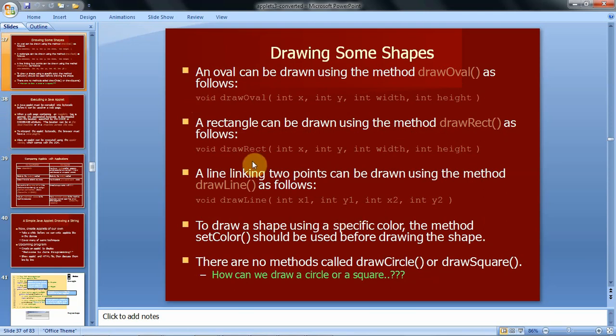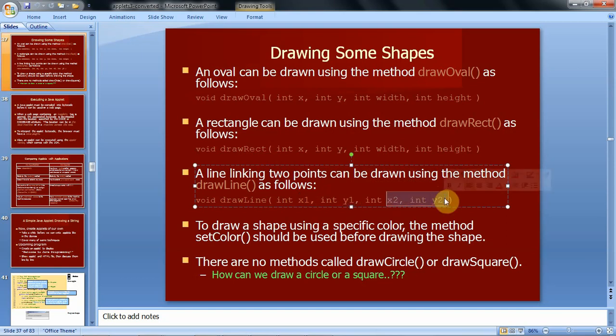We'll see how to draw a line, rectangle and oval. First we will see drawLine. This takes a total of 4 parameters. In that, x1, y1 is the starting coordinate to start the line drawing, then x2, y2 is the ending coordinate of that line.